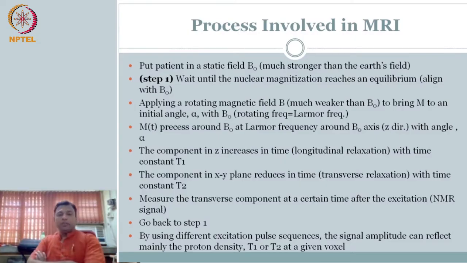Let's move further to really understand where we get the signal in MRI. So far, what we have built is the overall process involved. We talked about how you put it in a static magnetic field. You allow time; it will all start to align itself in the z direction, the convention that we are using. And of course, when you have it, it is not just going to align. It is going to have a Larmor frequency. It is going to precess around, right?